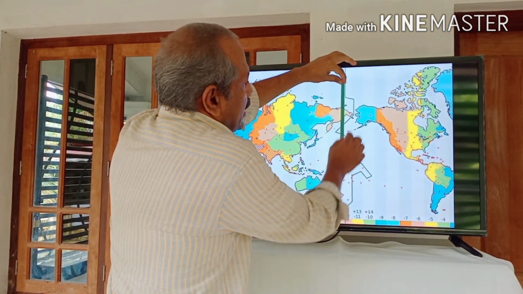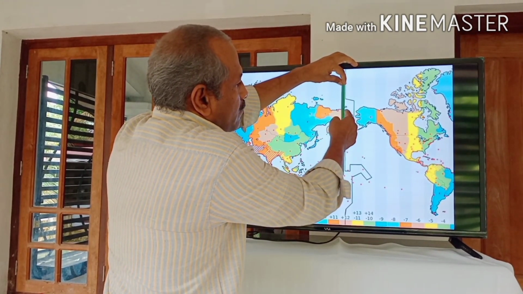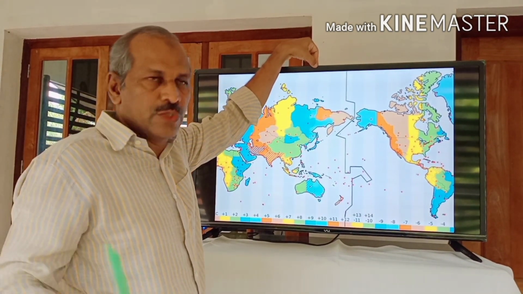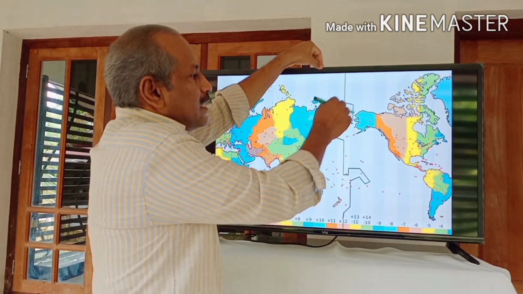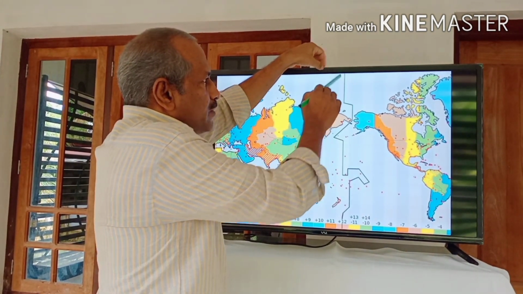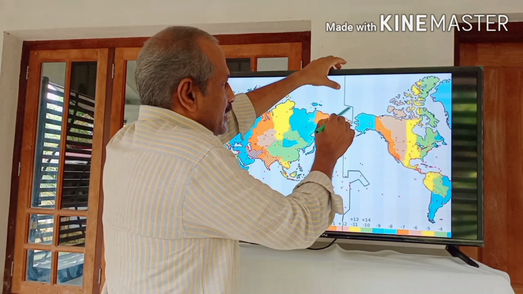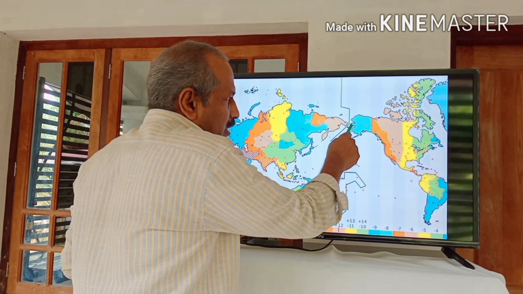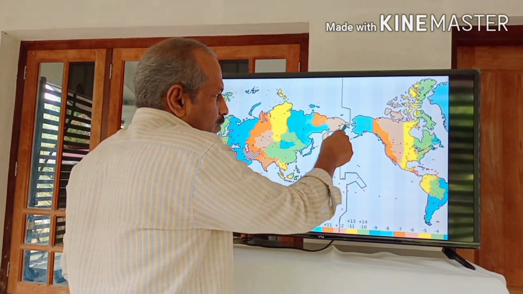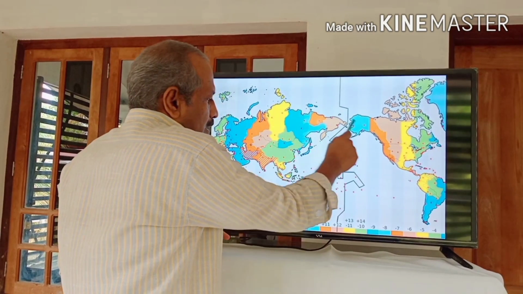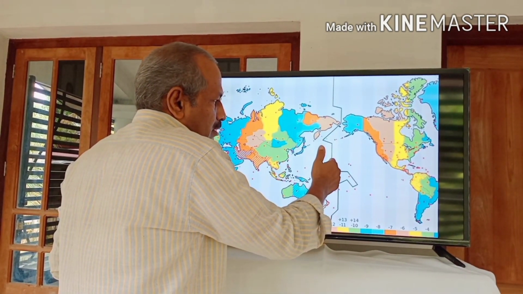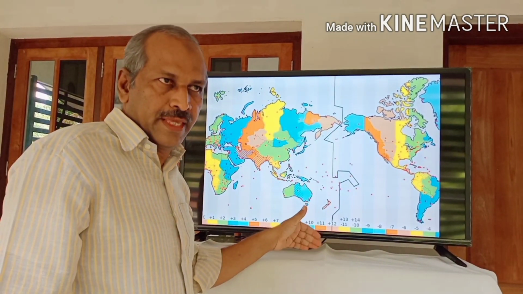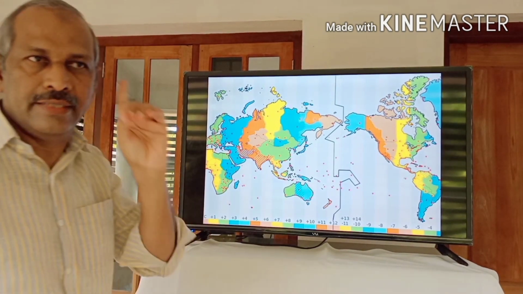You can see here, that if it is a straight line, definitely that line will pass through this land area. But here this international date line, 180 degree longitude, is drawn by avoiding the corresponding land area. You can see, here it starts from the North Pole, and here it is the Arctic Ocean. And when it is nearing this Bering Strait, it takes a deviation and it passes through that Bering Strait. Then it goes to the Pacific Ocean, and it is drawn by avoiding some of the inhabited islands in the Pacific Ocean. And this line is called the international date line.